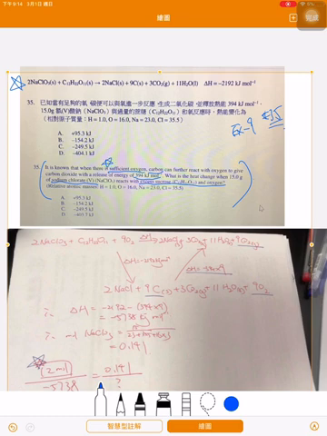that when carbon reacted with oxygen, it will give out carbon dioxide, and the delta H is minus 394 kJ per mole, right? And as for